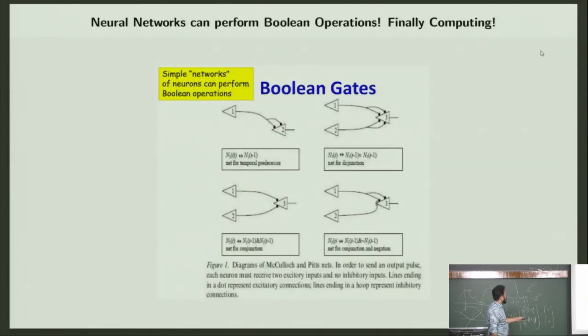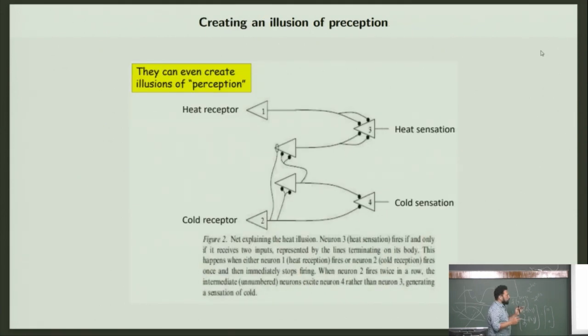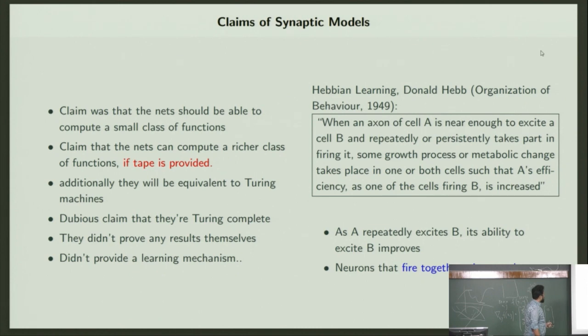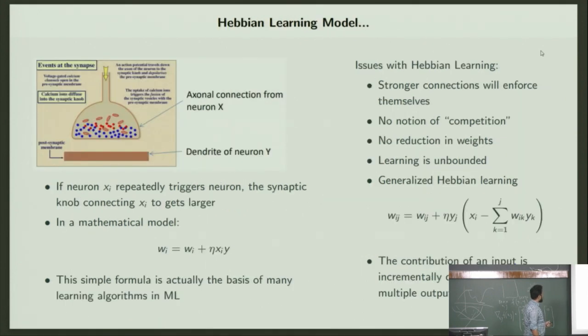I'm a bit hand wavy because of the time, but there were similar ideas behind emulating the Boolean gates, and sensory things. So how can you build heat sensation devices and so on. Okay, so